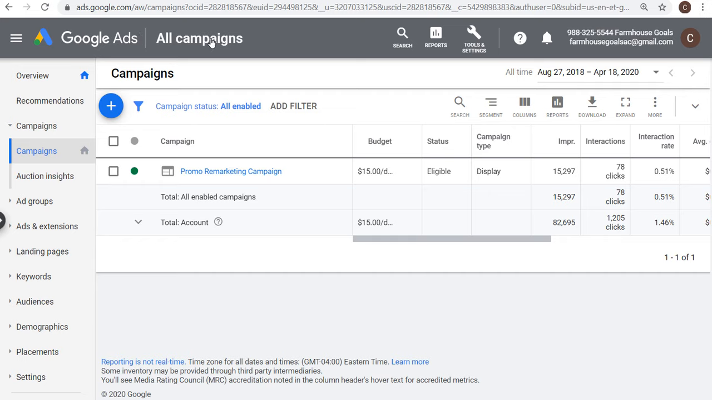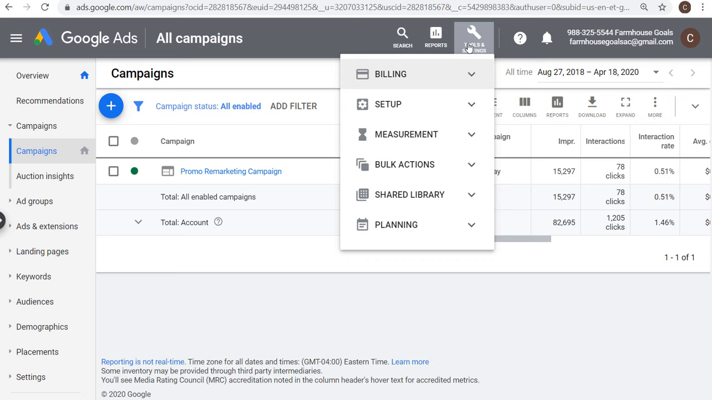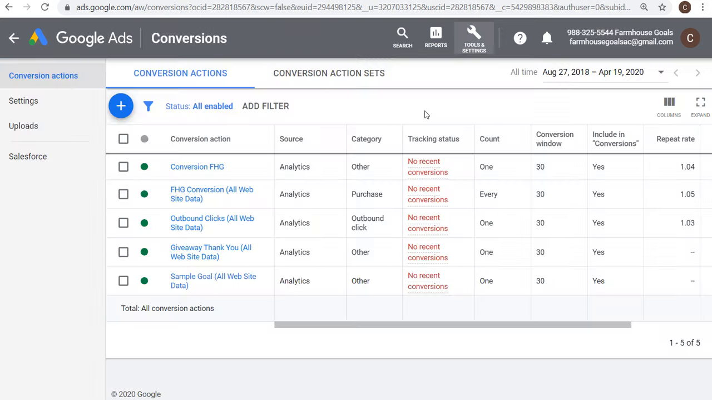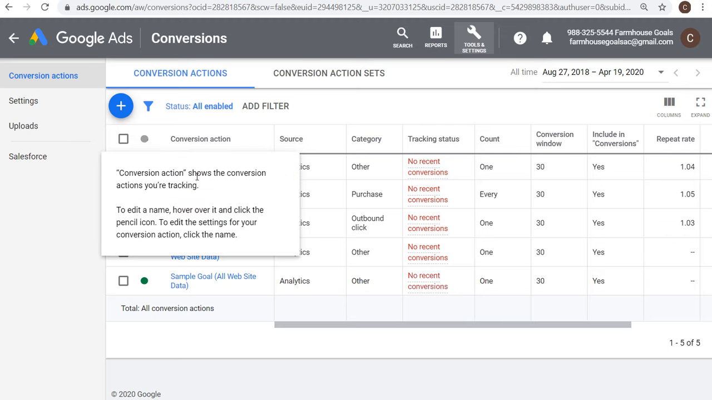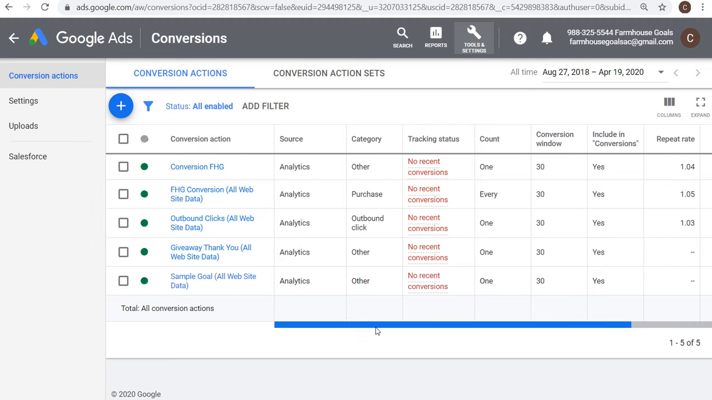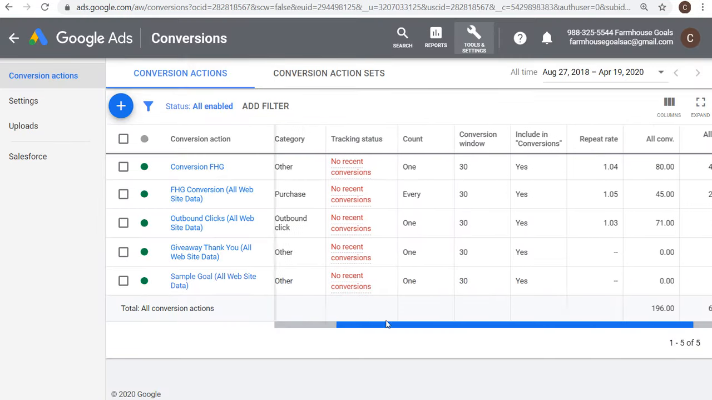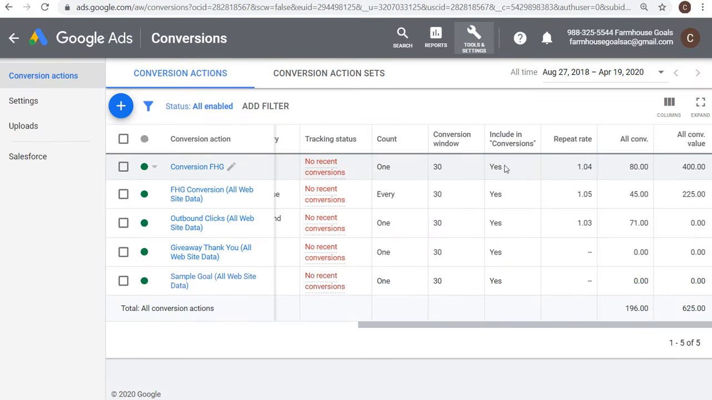In order to run a successful smart display campaign, you want to start by coming into Tools and Settings and making sure under Measurement you have conversion tracking set up. It's important to make sure you have at least one conversion action that you're optimizing for. My main conversion action for this account is outbound clicks. If I'm running campaigns, that's what I want to drive. I want people to come to my website and click off to some of the affiliates that are on my website. So you want to make sure you're tracking for your conversion,